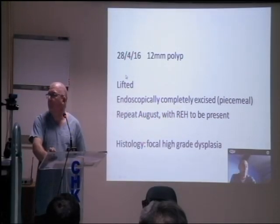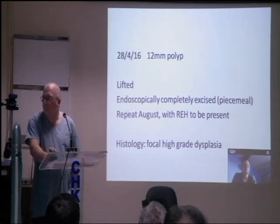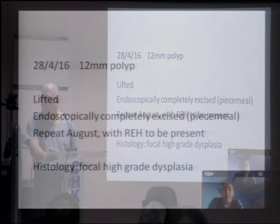Year, and there is a 12mm polyp, and this one probably will be a recurrence of that same polyp. But again, it was lifted, endoscopically completely removed, although again piecemeal, and arrangements were made for